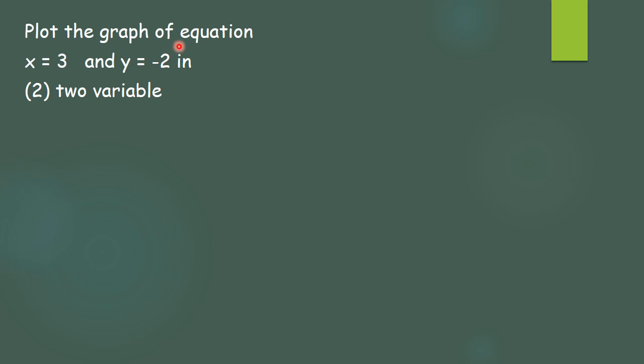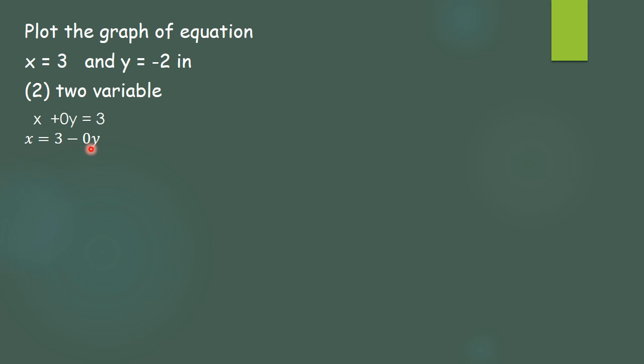Now to plot the graph in two variables, first we will try to write the equation in two variables. The equation given is x is equal to 3. y is not there; y is missing. So we can write it with 0y, because we know that when we multiply 0 by any number, the answer becomes 0, and when we add 0 we get the same, that is x. So x is equal to 3 we can write as x plus 0y is equal to 3. Now this becomes a linear equation in two variables, x as well as y. From that I can write x is equal to 3 minus 0y.